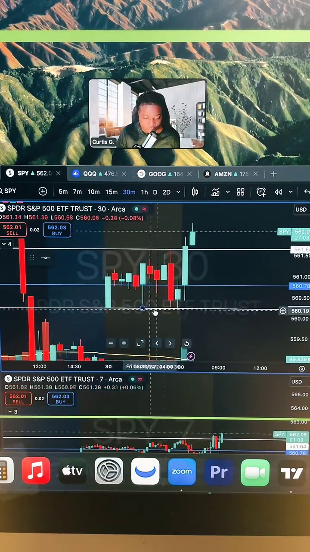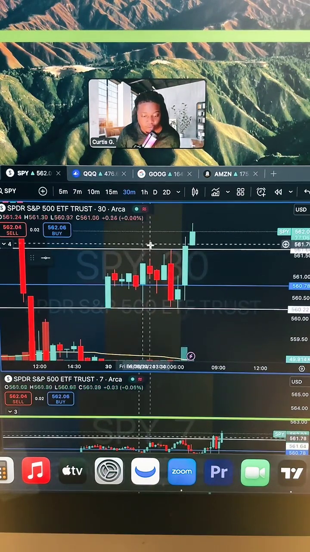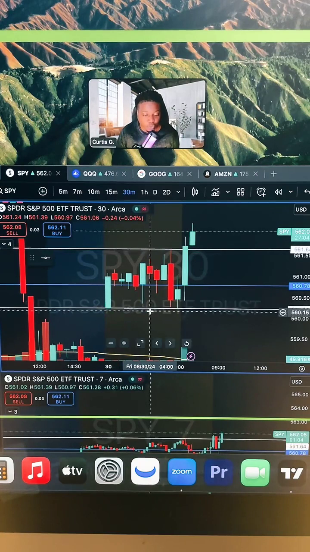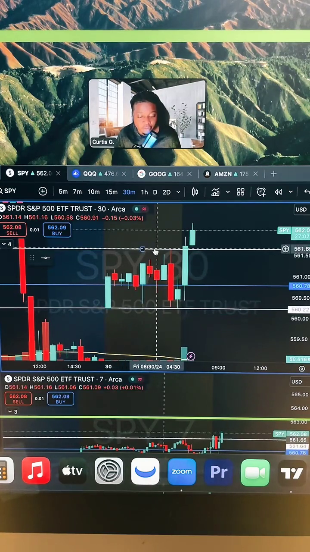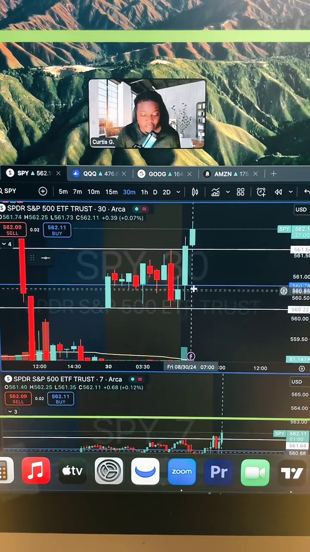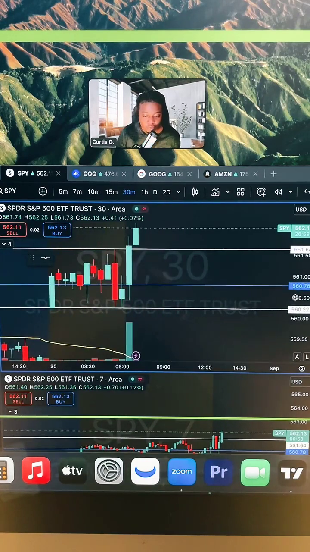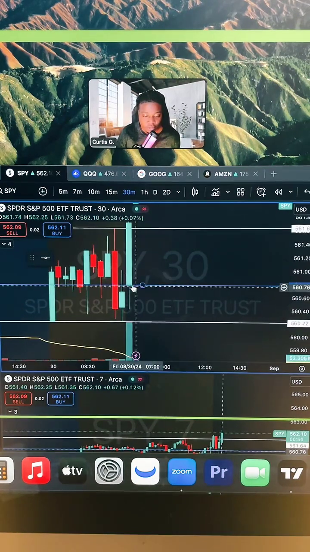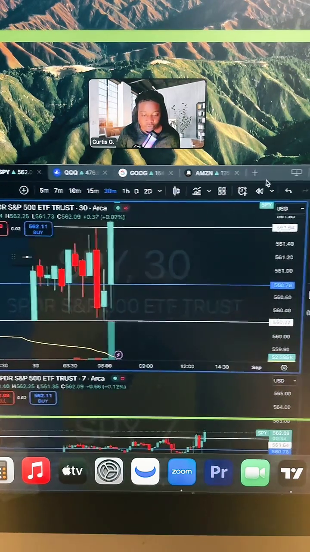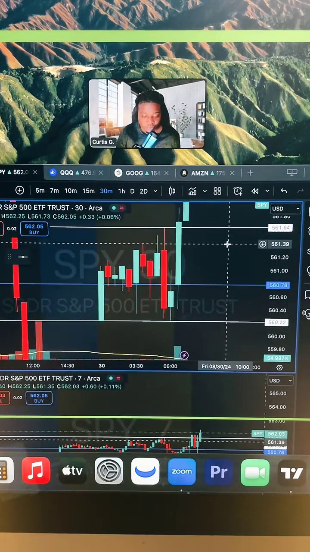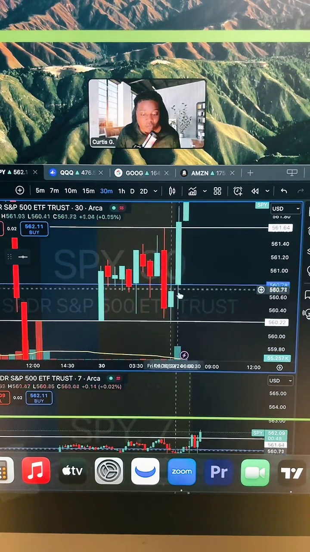We want to mark out the pre-market low. We want to mark out the pre-market high, which are these 2 white lines, right? We mark out the pre-market high and the pre-market low. And then when the market opens, you want to mark out where the market opened right here with this blue line. So let me bring this over just a little bit. Boom. So we got our pre-market low, we got our pre-market high, and then we got where the market opened up at.